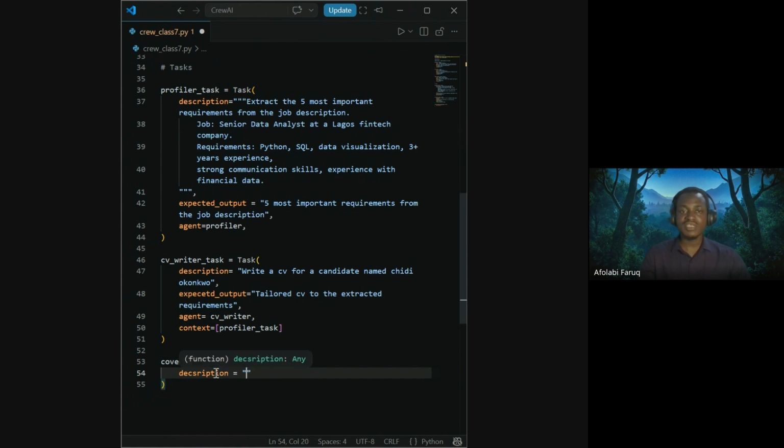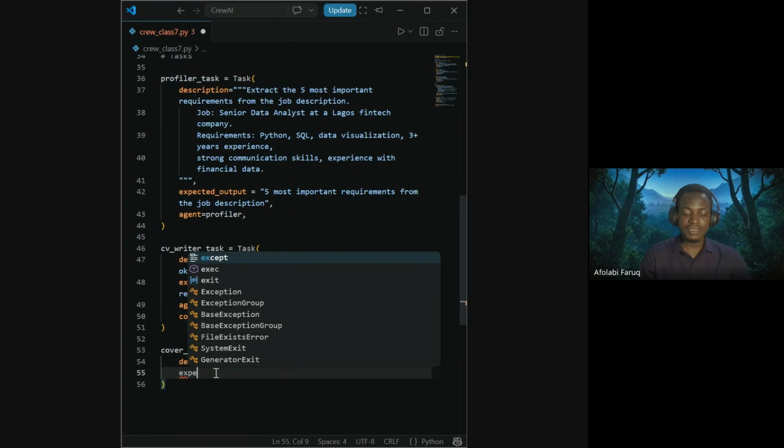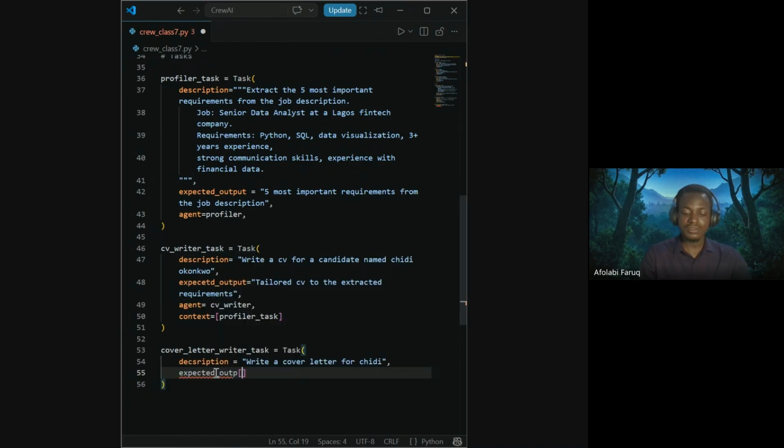Okay, so here, for example, we are going to write a cover letter for Chidi, the fictional candidate you mentioned earlier. You say we have the expected outputs for Chidi.